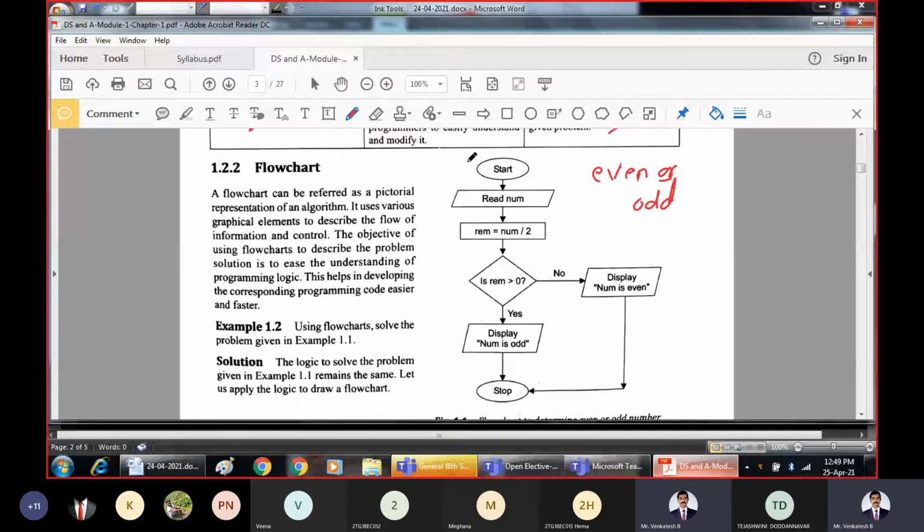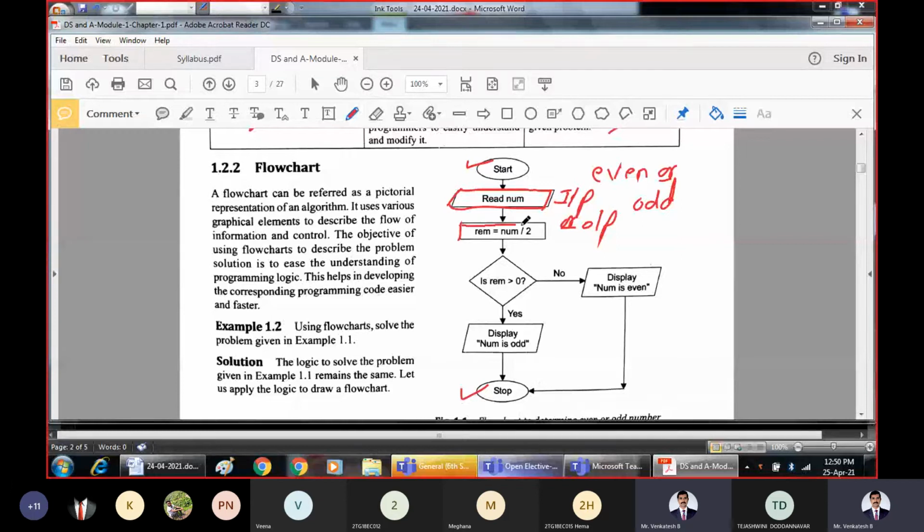So the flowchart will also start with start and stop. And this is what is oval. So ovals are always used to indicate beginning and end of the flowchart. And this is what is parallelogram. So always parallelogram indicates that something is being taken either as input or something is being given as output. Parallelogram is usually used for showing input or output.